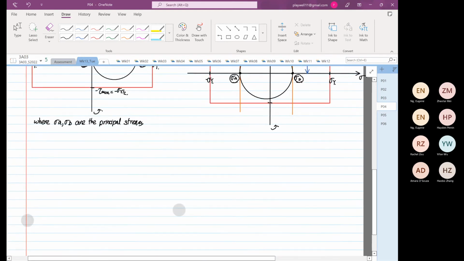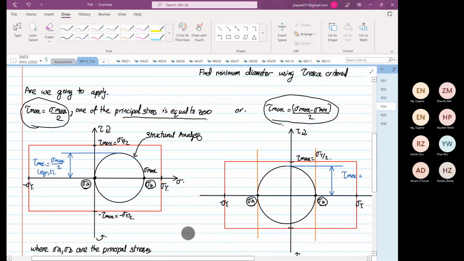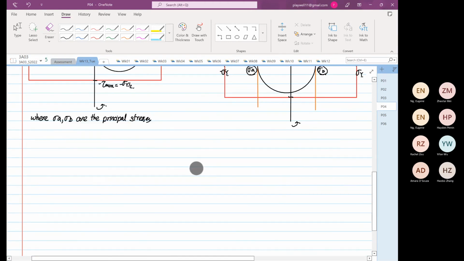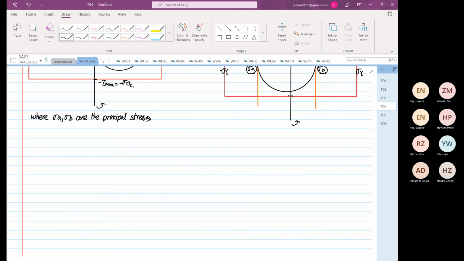So the next thing we're going to do, before we know whether sigma max is equal to, or tau max equal to sigma max divided by 2, or tau max is equal to stress max minus stress mean divided by 2. Okay, we don't know yet. So we have to find, we have to locate